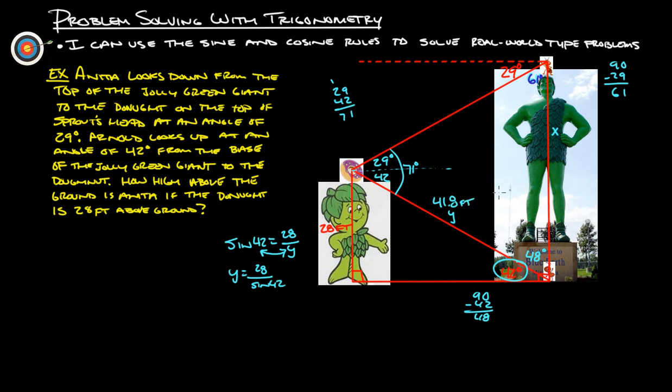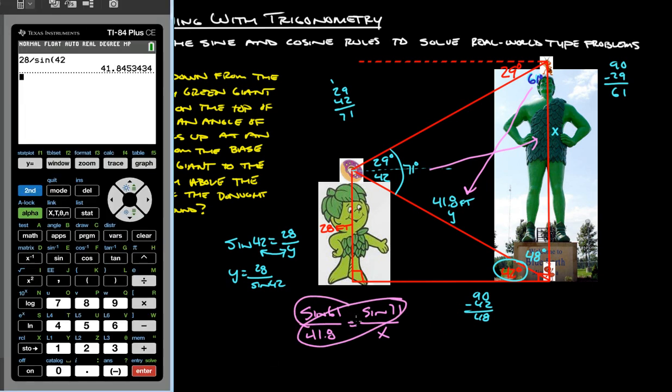Okay, so now we can use good old law of sines to set up our ratio here. So sine 61 is to 41.8 as, this is the side we're looking for, so we can do equals sine 71 is to x. All right, cross multiply those two, divide by the leftover one. So we already have the 41.8 in there, so 41.8 times sine 71